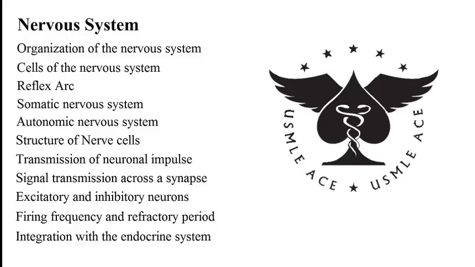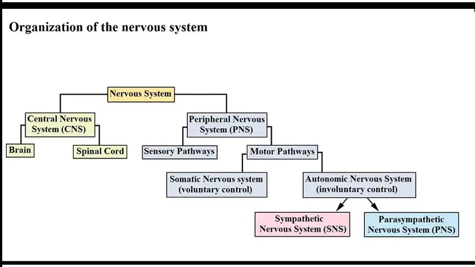In today's lecture we are going to discuss the nervous system. So basically the job of the nervous system is to monitor the body and to maintain its homeostasis by responding to fluctuations in the internal and the external environment. And this job is being accomplished by different divisions of the nervous system. So the two main branches of the nervous system are the central nervous system and the peripheral nervous system.